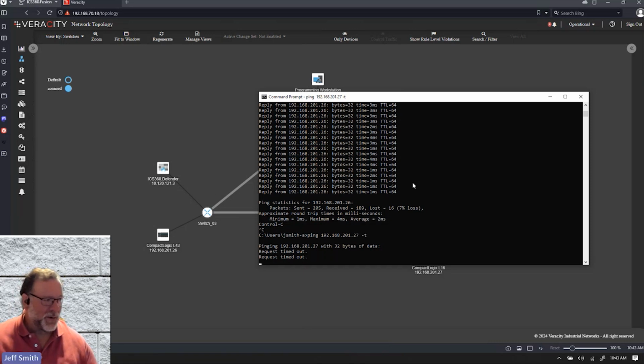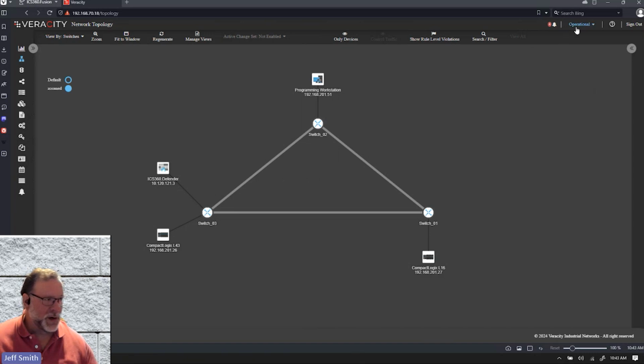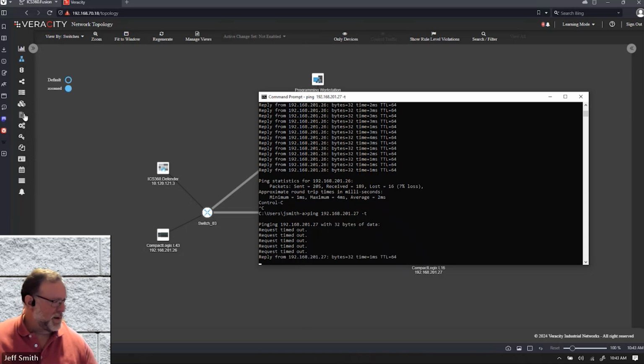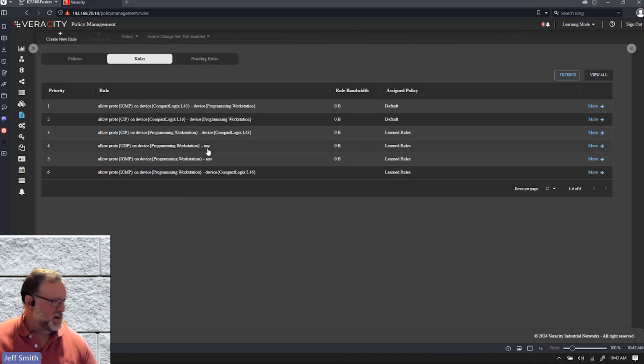So it doesn't allow it since it didn't learn that traffic. Now, if I were to put the network back in learning mode, now the controller and switch sees that traffic happening. So it's going to learn that traffic and it's going to write a policy right there that allows that to work.